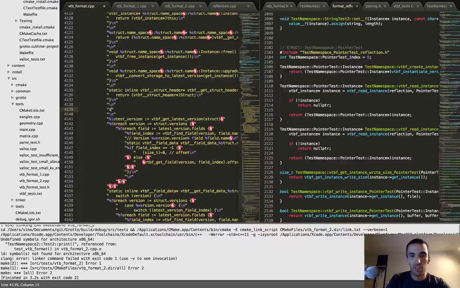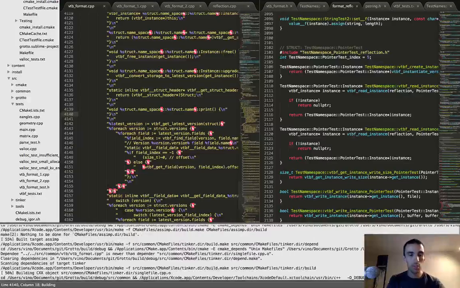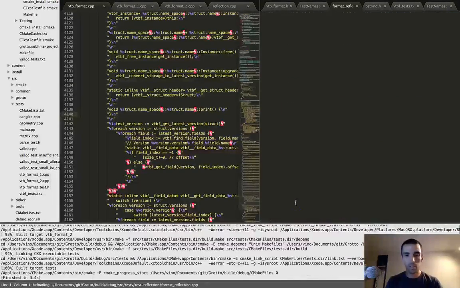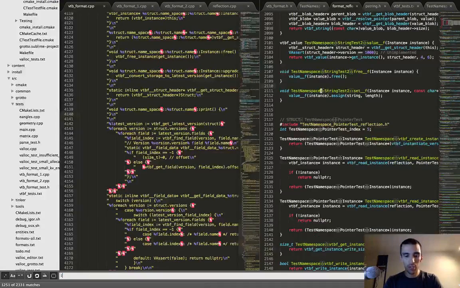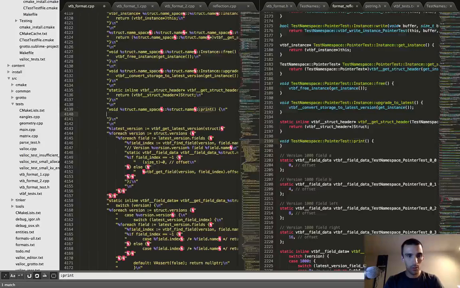So in this file, let's see. And print, I'm gonna put this print function right here, and then close the semicolon, and then that should create an empty print function. So now the compile error will be gone. Compile error gone. And I should have in here a bunch of empty print functions. Good. So now,